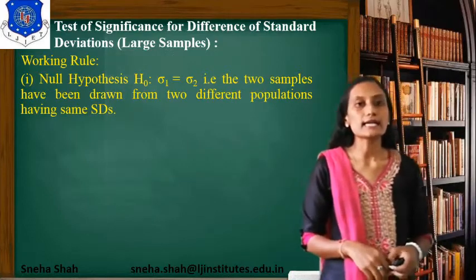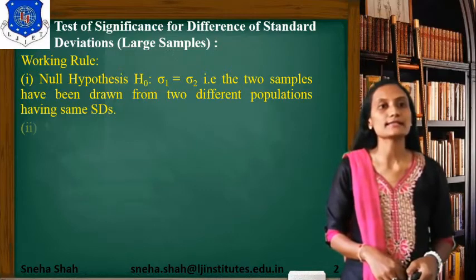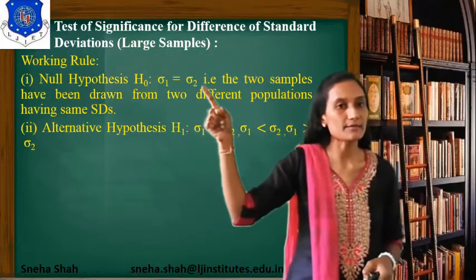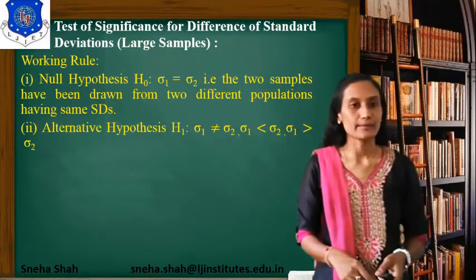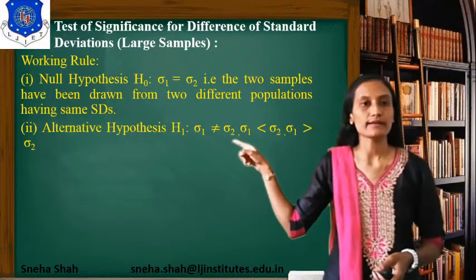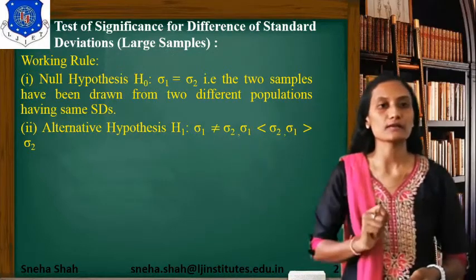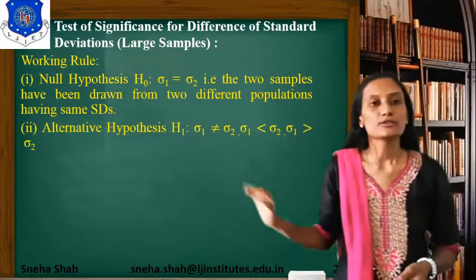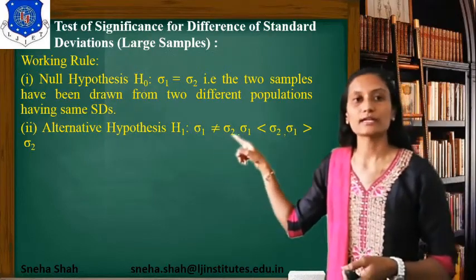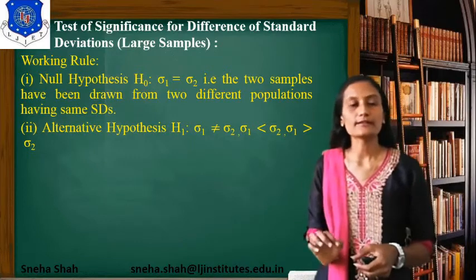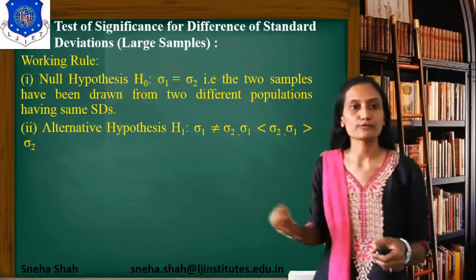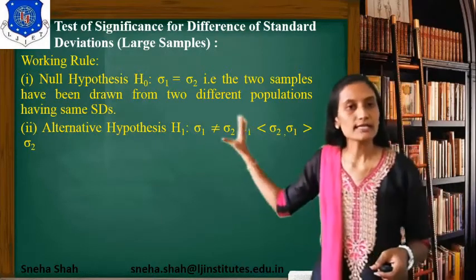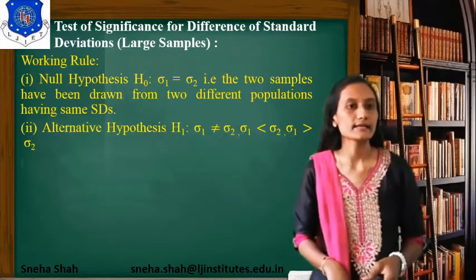But what is the alternative hypothesis? It's the complement of the null hypothesis. So if we define the null hypothesis as sigma 1 equals sigma 2, the alternative hypothesis will be represented as H1, and it will be sigma 1 does not equal sigma 2, because we had taken the null hypothesis as sigma 1 equals sigma 2, right? So the alternative hypothesis is sigma 1 does not equal sigma 2. Since it is not equal, we can take a greater than value or a less than value. So we take sigma 1 less than sigma 2 or sigma 1 greater than sigma 2. This is considered the alternative hypothesis.